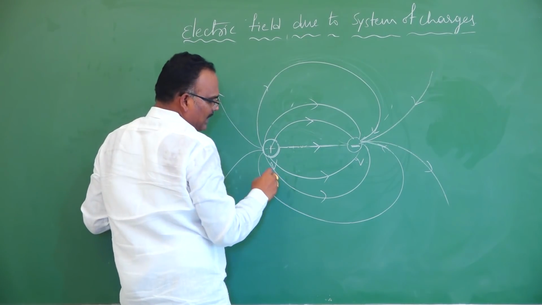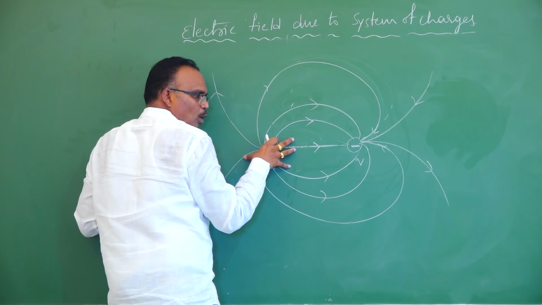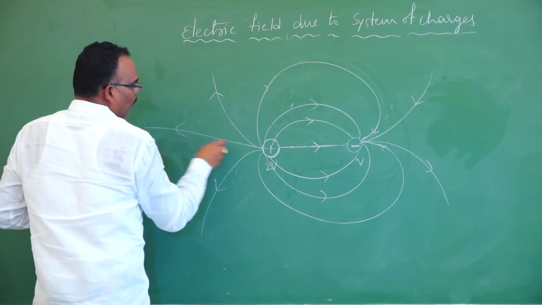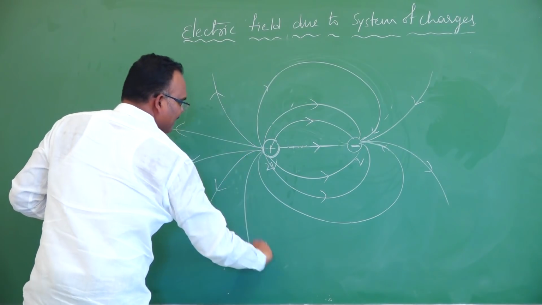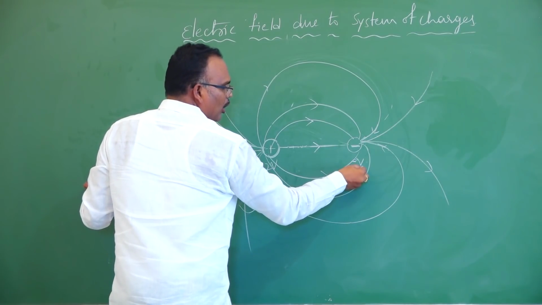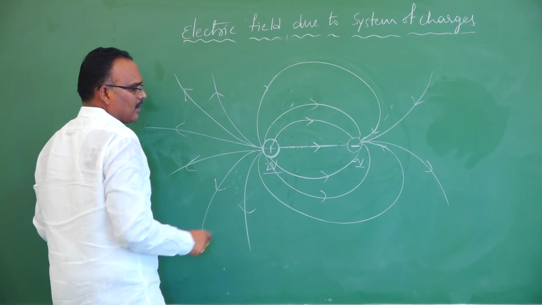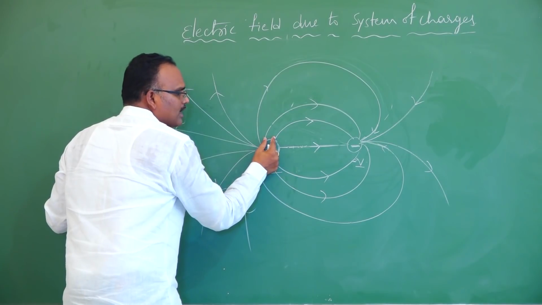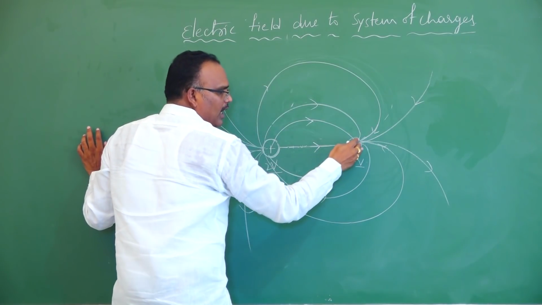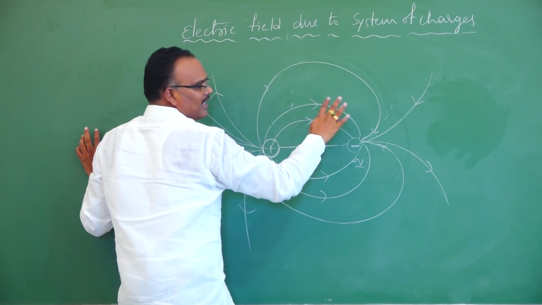Imagine, for example, this charge is 2Q. I have imagined this charge's magnitude is more. Then it will produce more lines, but those lines will go and end somewhere. Why? Because here I have only Q units of negative charge, and here I have 2Q units of positive charge. So if Q units of positive charge produce n field lines, only those n lines turn towards this charge and end on this negative charge.